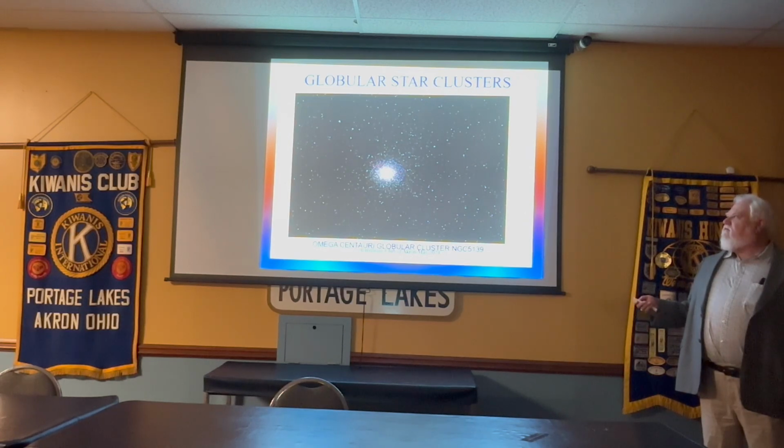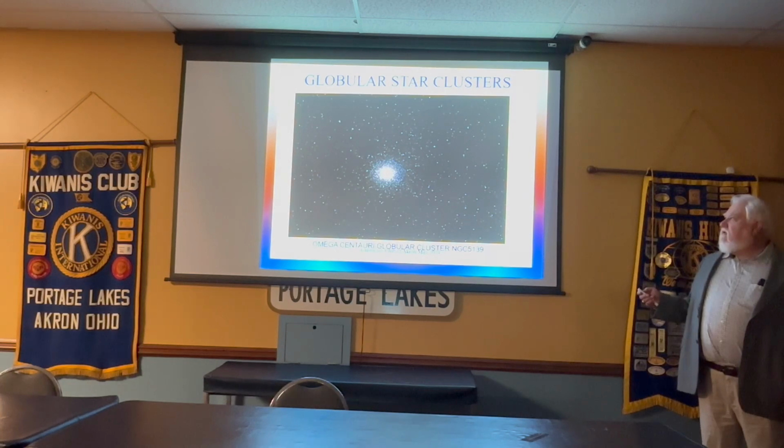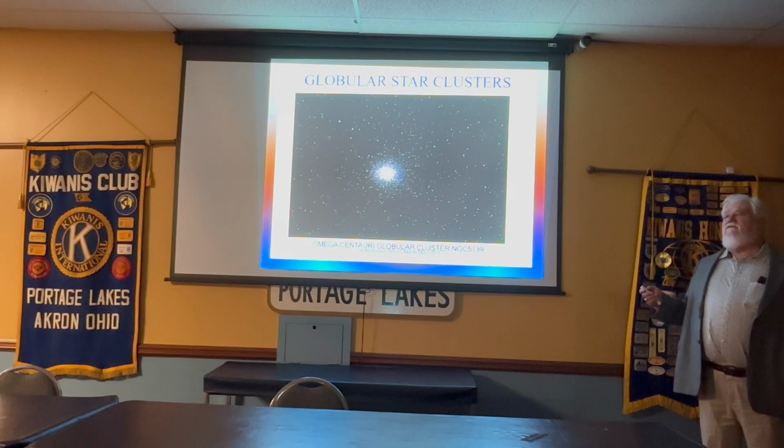We only have to get enough light from the whole cluster, and we can analyze it. We can pull a spectrum, because we know we're looking at the spectrum of each star within the glob. So we can study the spectra of stars much farther away if they're in globs. Also, if you went back to that original image, which I'm not going to do,